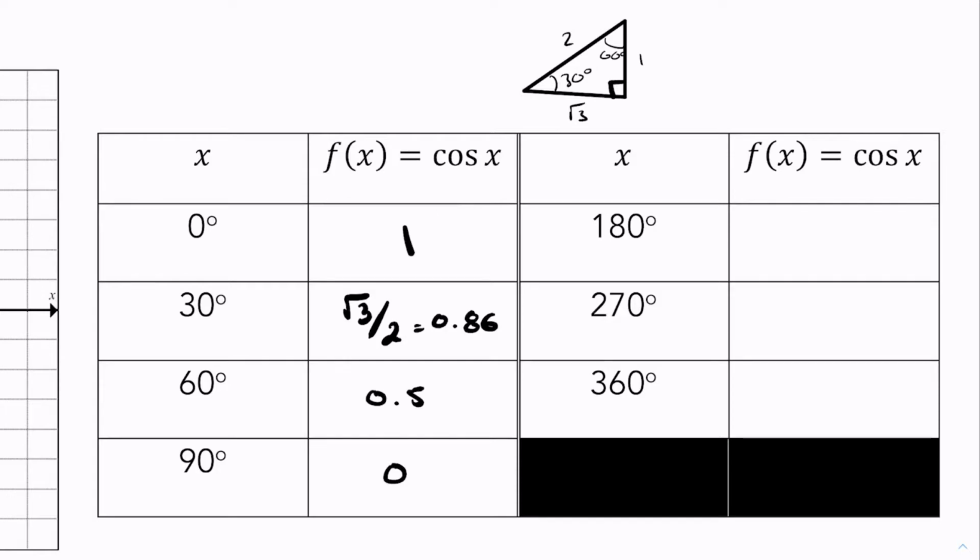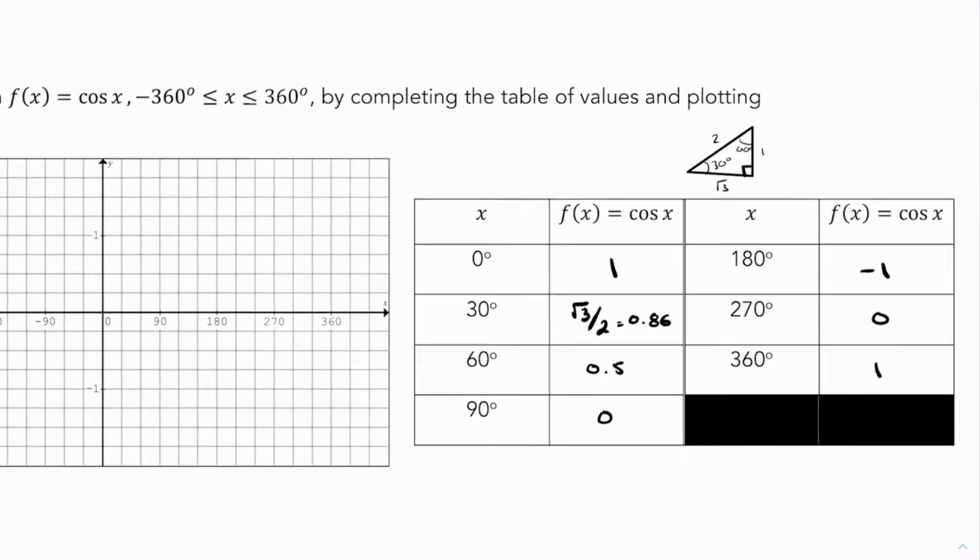No. That is completely wrong. 180. Just pulling a blank here. Cos, yes, -1, never mind. That was right. Cos of 270 is going to be 0, and cos of 360 is going to be 1. My apologies. Okay, let's zoom out